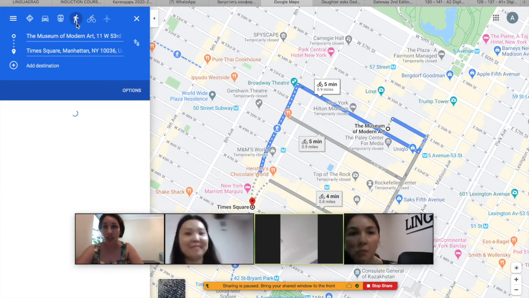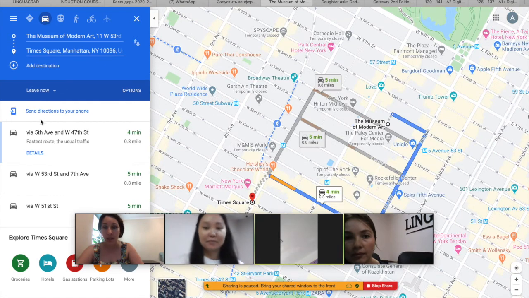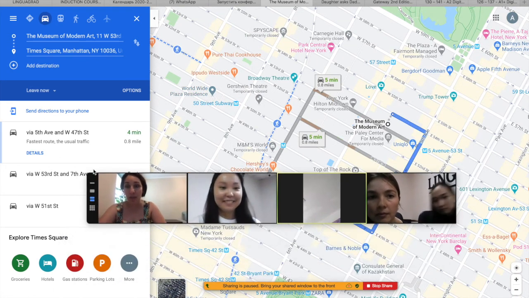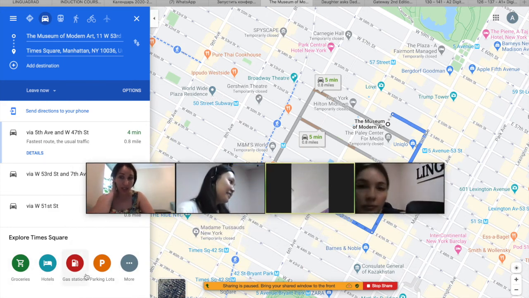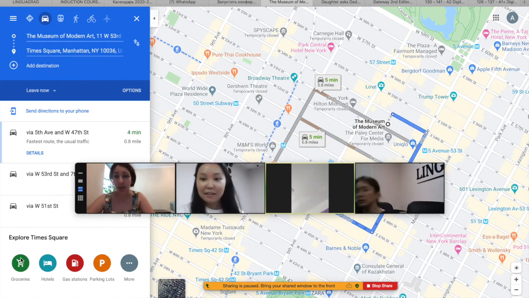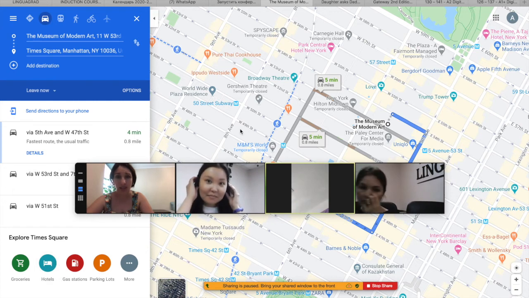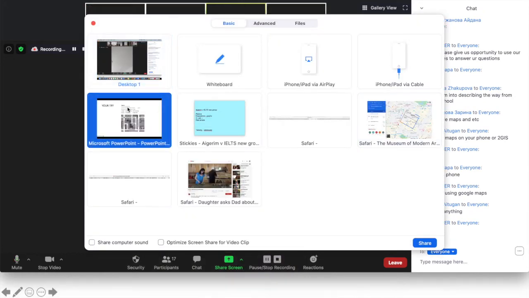And if I change the mode of transport, if I decide to take a car, there are so many variations. There are so many speaking opportunities that I could create for my students through the use of these things. By changing one activity into a digital form, I can easily go to talking about where I can buy groceries on the way, and how many hotels I could find, and things like that. So this is the point of changing an activity into an online form.